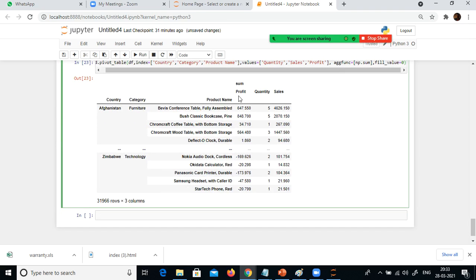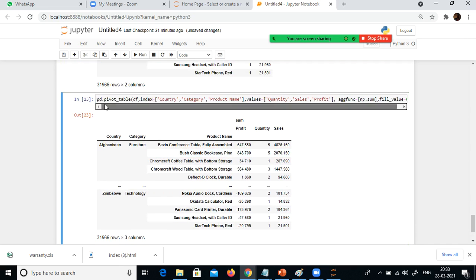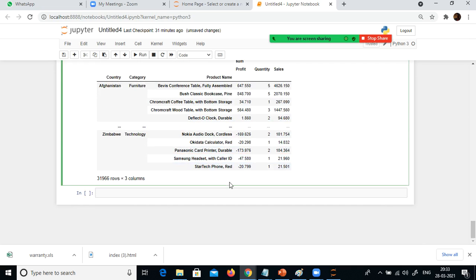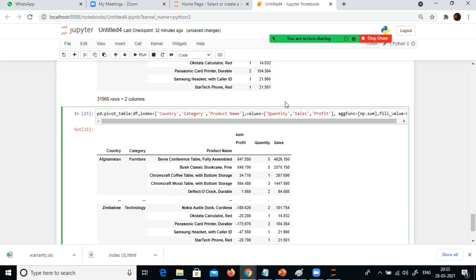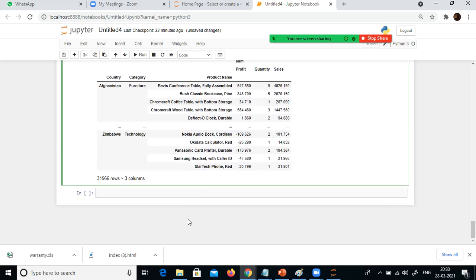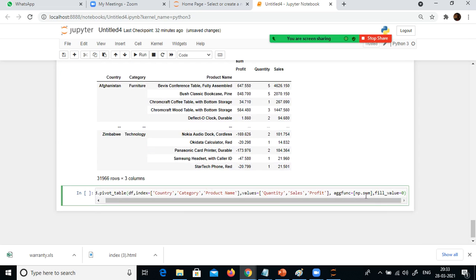Okay, the quantity, sales and profit got shifted here a little bit. It should ideally be the other way. I don't know why it is displaying like this. Anyhow, you can store it in Excel and then change it. Quantity, sales and profit come here, sum of profit, everything comes. This is how we can reshape the data. And you remember when I did shift and tab, I saw something like margins.